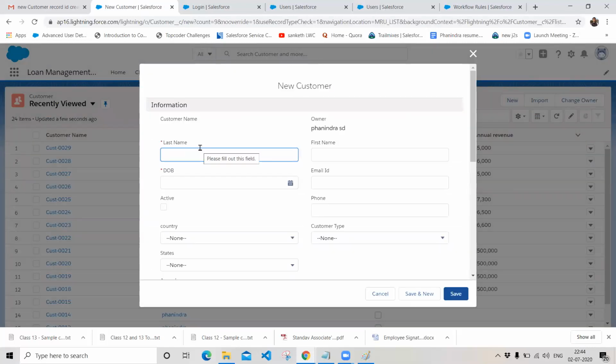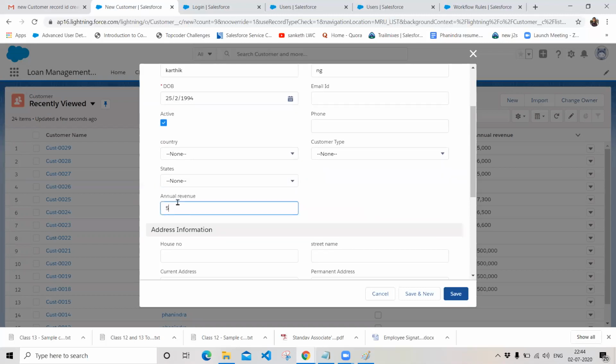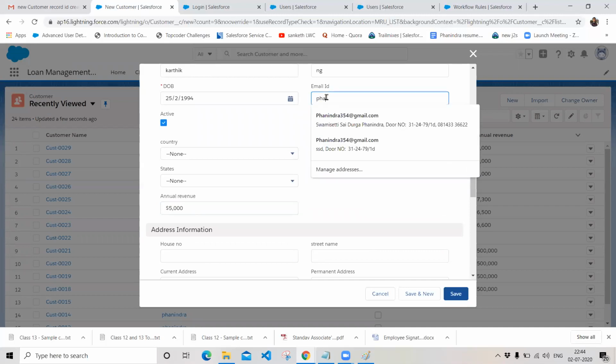So the record name is Karthik NG, and the date of birth is something like that. Make it active and choose the amount field as 5000 and specify the email ID to whom you want to send the email.